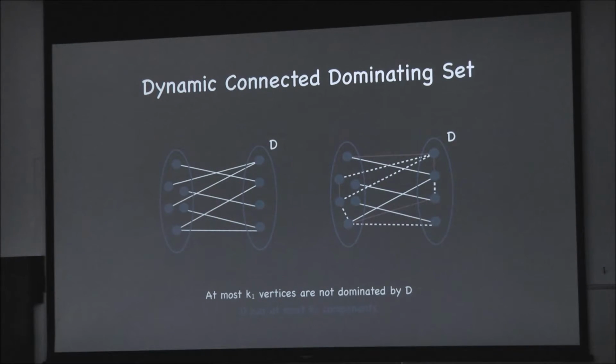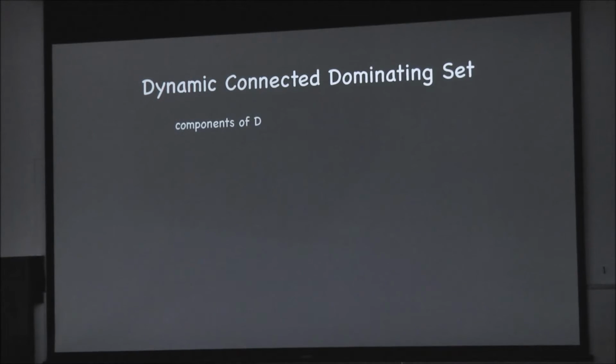So, at most K vertices are undominated and D has at most K connected components. It's actually that, if you say K1 vertices are undominated and D has K2 components, K1 plus K2 is at most K. That's a minor arithmetic detail. Alright, so now what do we have? We have the components of D, because we need to have a connected dominating set for the new graph. But the current dominating set need not be connected. But how many components can it have? A function of K, let's call it K2. Linear in K, say D1 to DK2, the components of D in H is what I mean.